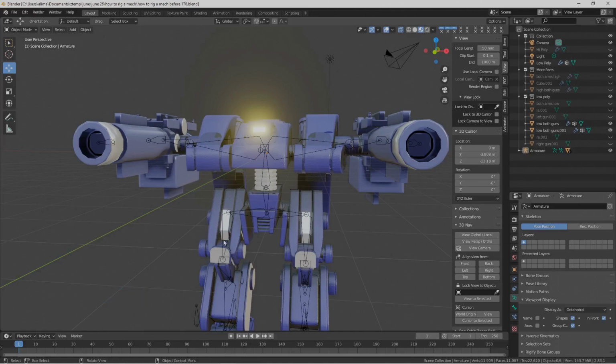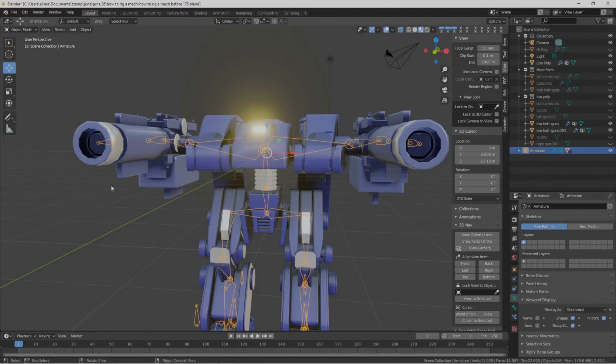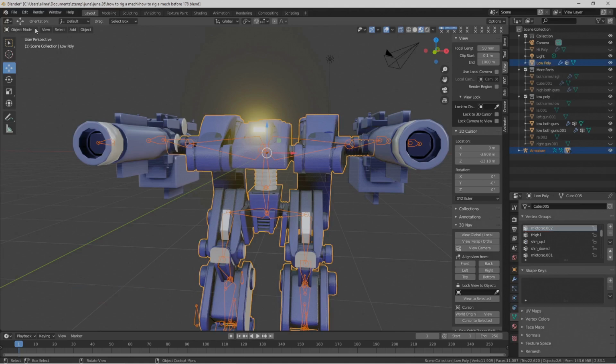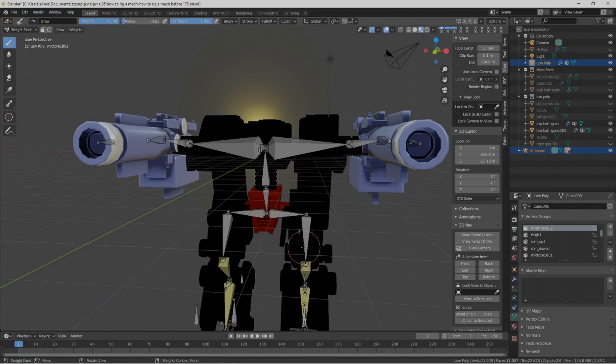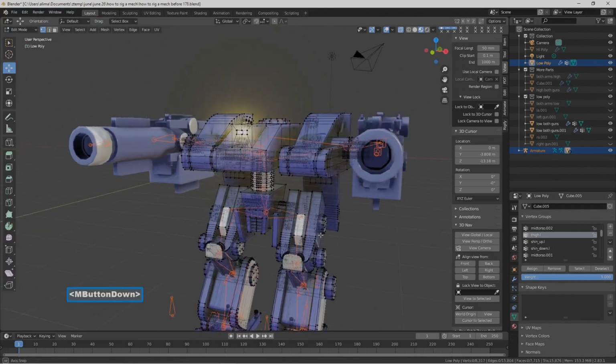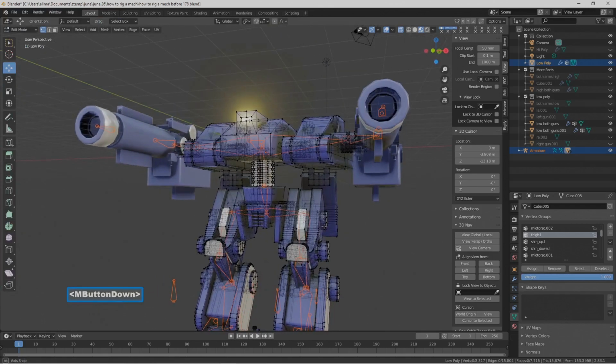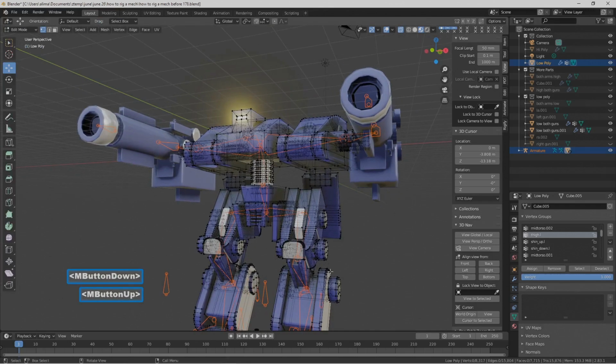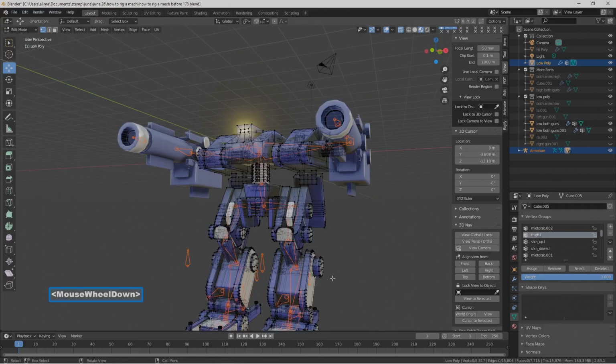Okay, I'm gonna select the armature. Oops. Hold Shift. There we go. Go to Weight Paint Mode. I'll hold Shift here. Let go of Shift. Go to the upper left. Go to Edit Mode. So for this, probably the easiest way to do this is to